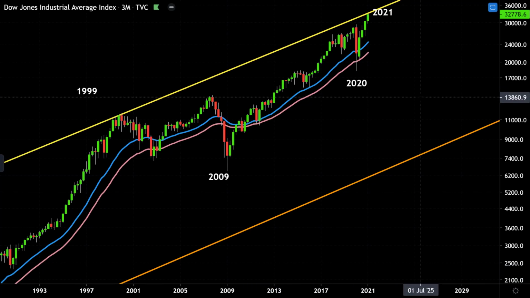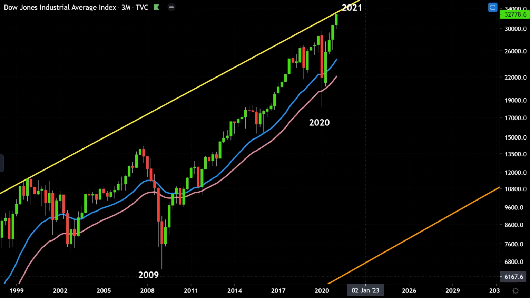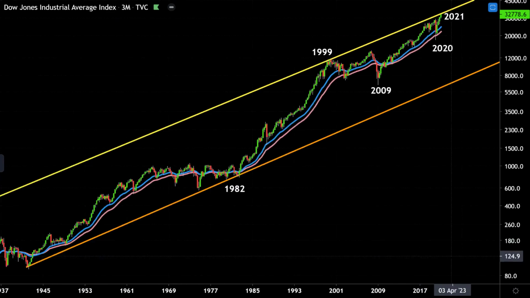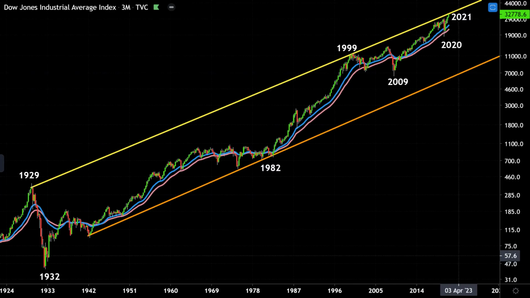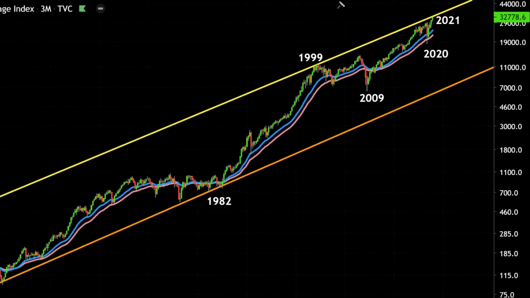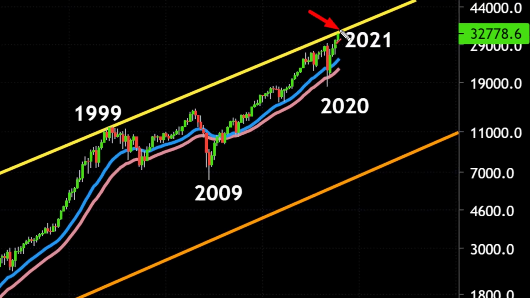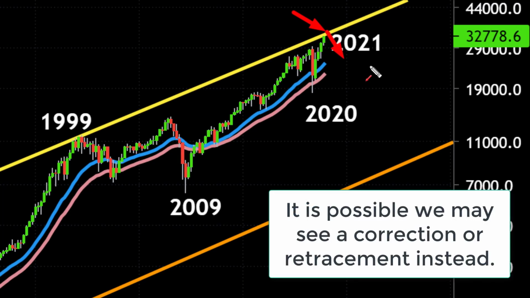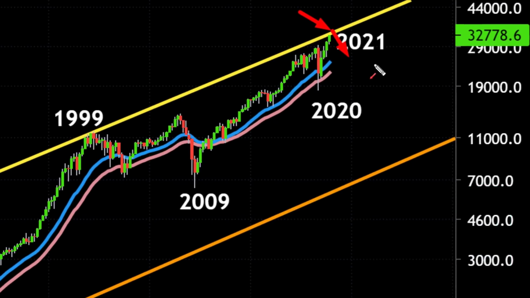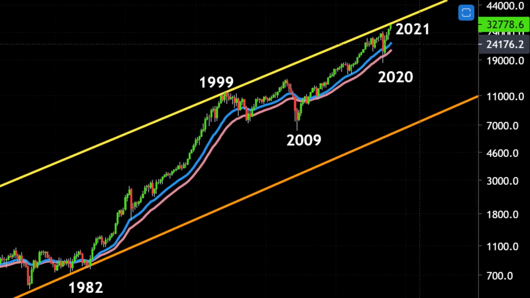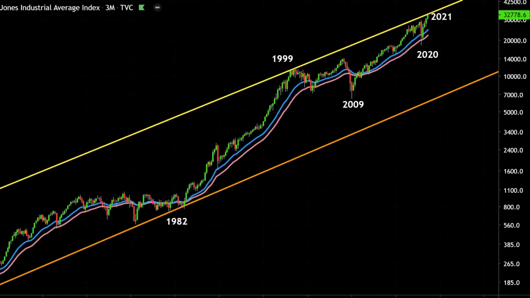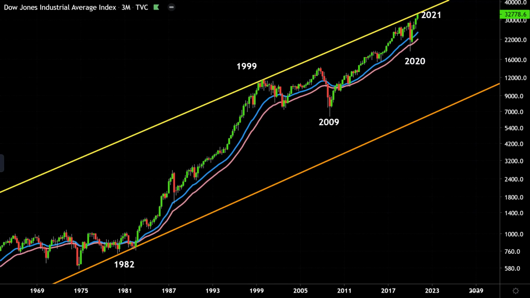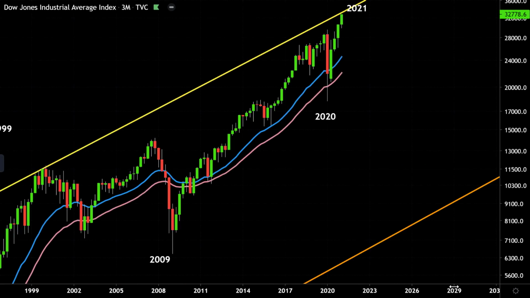I want to keep this video as short as possible, but as you can see here, we're not far away from that trend line. Here's what I think is more likely: once we meet that level, the trend line resistance, it's probably likely we'll see a rejection, maybe some kind of correction and retracement. We might see a 10 to 15% retracement, perhaps. It's possible. We could see something like that. But a bear market lasting for a few years that could wipe out two-thirds of the Dow and the S&P, I just don't see it.